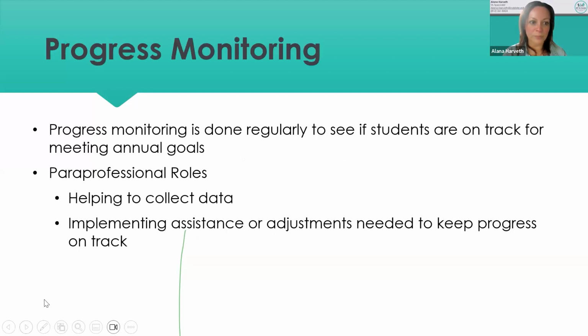I love that. So progress monitoring is what happens when you have to do it regularly to see if students are on track for meeting their yearly goals. That means your teacher is the one that puts everything in the IEP. You can help with giving them data, which is great when you help your teacher out with that. But the teacher is the one that puts that in the IEP, and you have to do it every reporting period. So typically 4 times a year is legally what the teacher has to do.